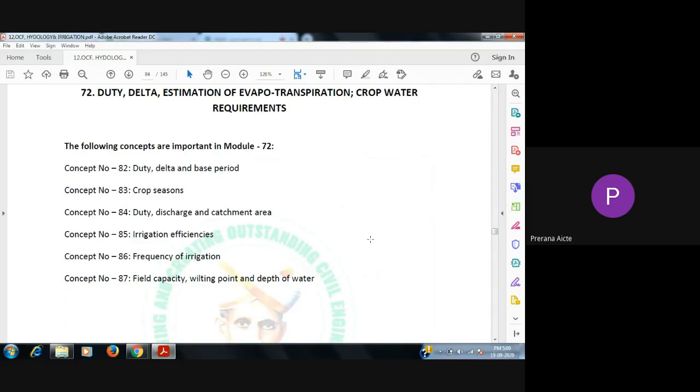So, D delta equals 8.64 B. If you remember that formula, one question is asked from that duty delta. There is no doubt about it. The only thing is you have to know the units, and make sure that all units are the same while substituting into the formula. That's all. There are no complications and no complex calculations.